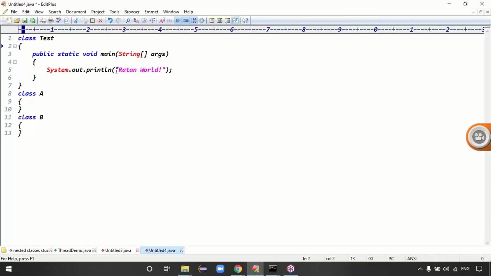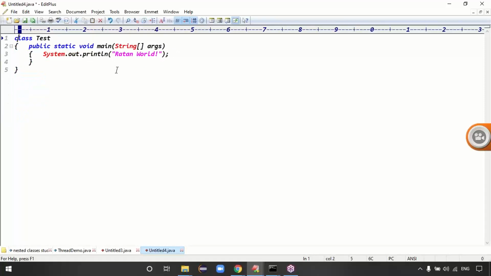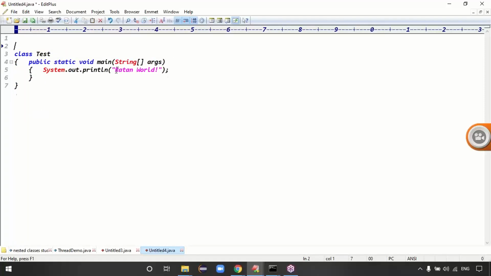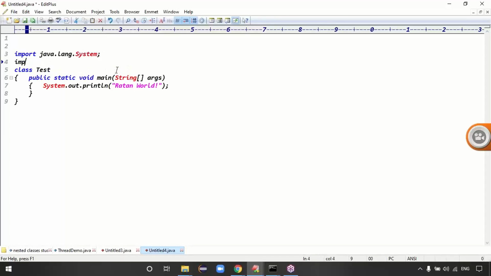And how many predefined classes are we using here? I'm declaring only one class, it's fine. But in this example, how many predefined classes are we using? Two predefined classes, right? System and String class. Then we have to import them. The System and String classes belong to which package, guys? Java.lang. Import java.lang. System class, String class, right? These two classes, guys.